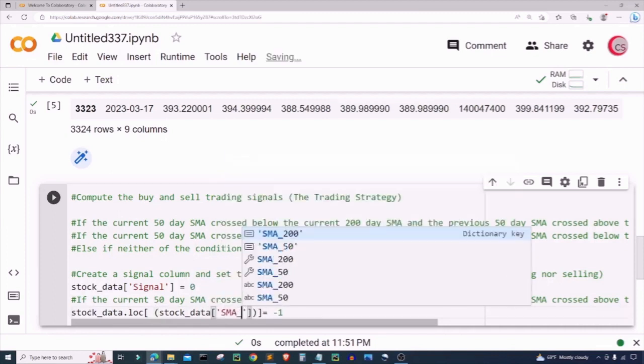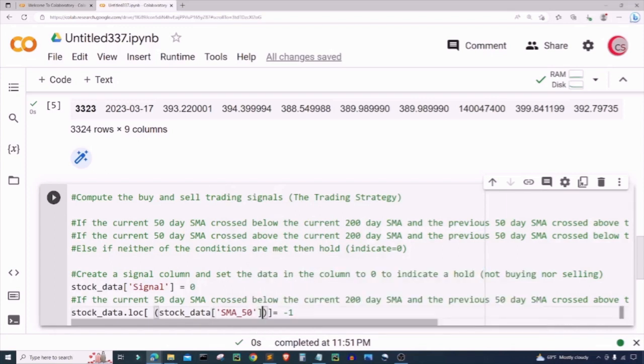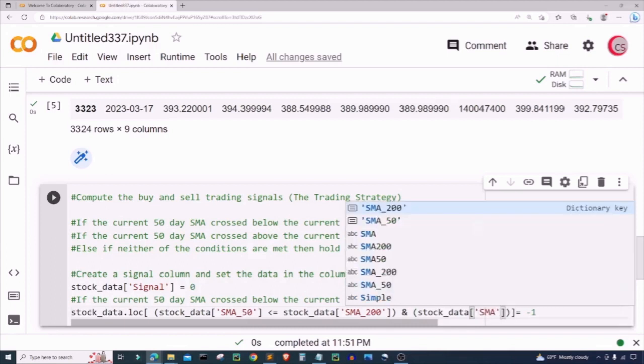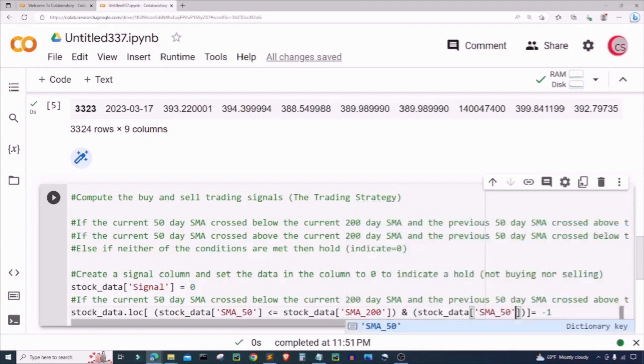So I want the SMA_50, and I want to see if it crossed below the current 200-day simple moving average. So that's going to be less than or equal to stock_data SMA_200. All right, so if that's true, and so we're going to use the ampersand for and. So if that's true and stock_data SMA_50 is above, so that's going to be greater than,